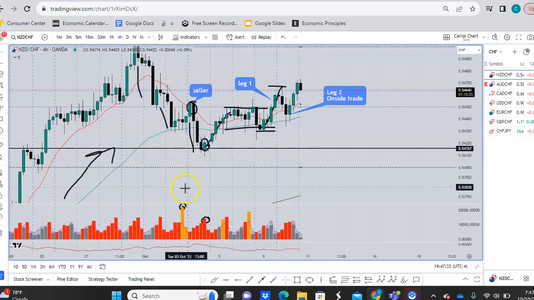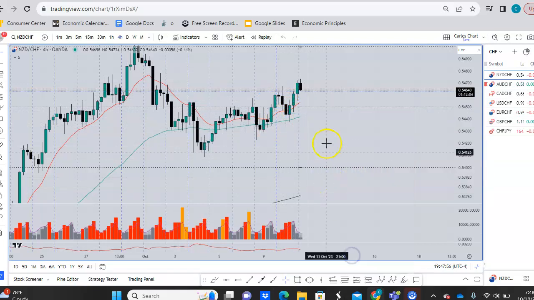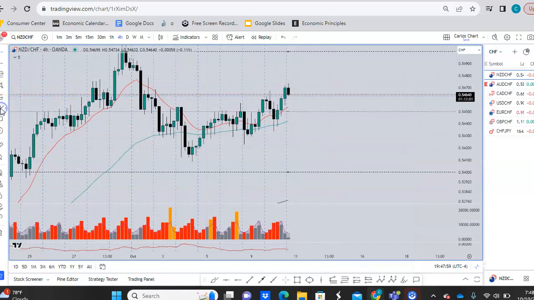So although this had volume, you had volume here. They negotiated back and forth, and buyers just kept buying it up, took out the last seller and created a leg one. Now we're getting a leg two pullback. And in order for us to read this edge, we must go down to the precision time frame, because this is basically a 4 hour refresh. It's a daily two leg pullback, but a 4 hour refresh in which we use the